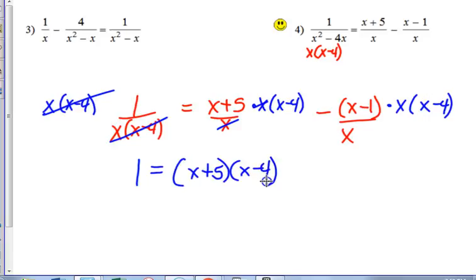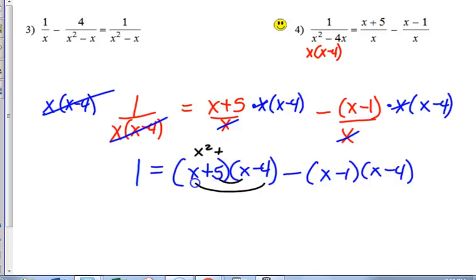Everybody okay? And over here the x cancels as well. This one's a little icky though, because why? Anybody know what's going to be tricky? At some point we've got to distribute this negative, okay? All right, so if we FOIL this together, what do we get? X squared plus x. Okay, because we get a plus 5x and a minus 4x, so we get a plus 1x. Minus